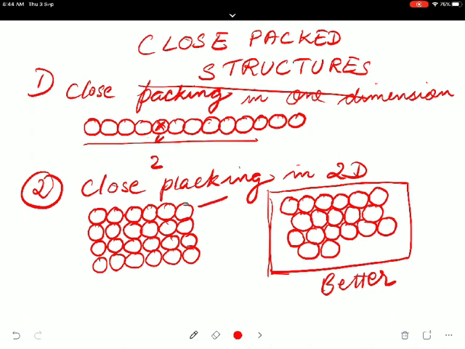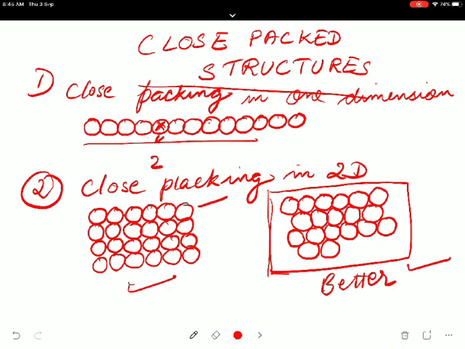When you look at this packing, that is the second packing, what I call better packing, you see voids in between. Here also you see voids, but these are bigger voids. But in this second packing, the voids or the gaps or the interstices are smaller. In this gap, you can place similar atoms to make the second layer.